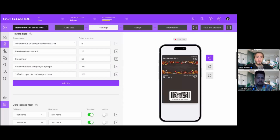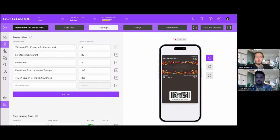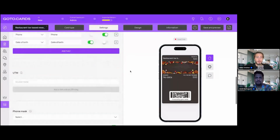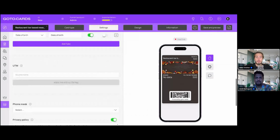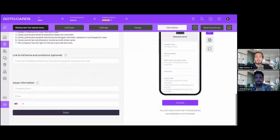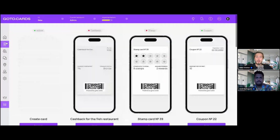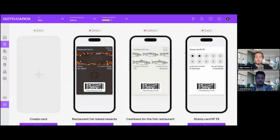Great. So again, guys, you can set up any tiers to reward your customers. And what you can do right now is literally design your customer journey inside the business. Every time, the customer will get this loyalty card and understand how many bonus points he or she needs to spend to trigger the next reward, and see the name of the next reward on the card. The next step is absolutely similar to the previous template. We will skip it. And this is the second mechanic that I want to share with you. Beautiful mechanic, I highly recommend using it and setting up an interesting incentive to get your customers literally